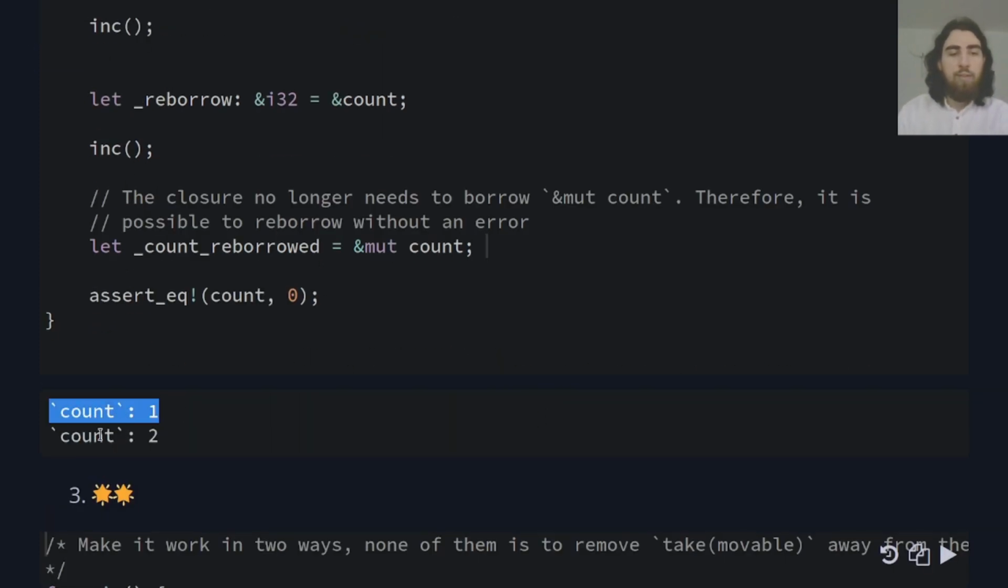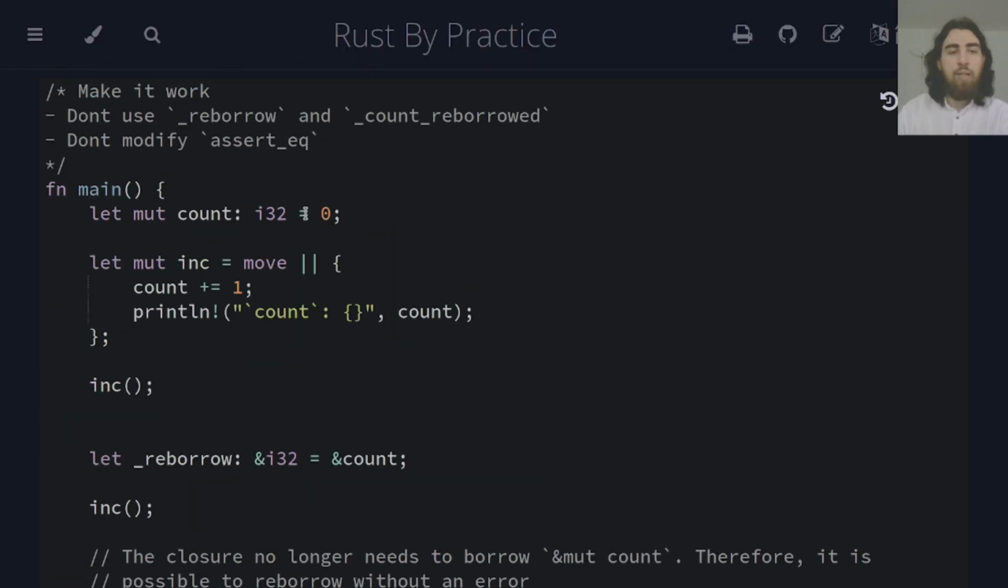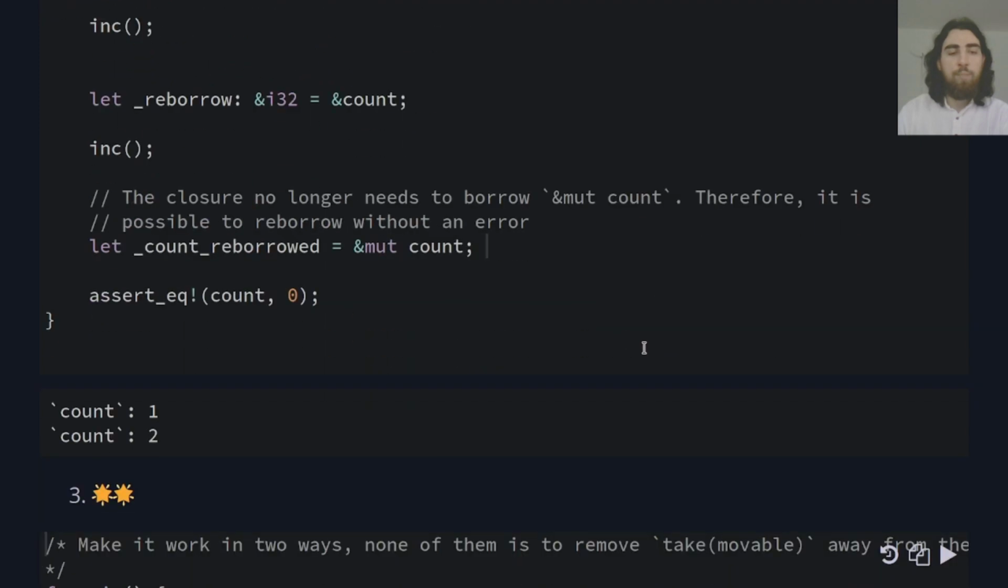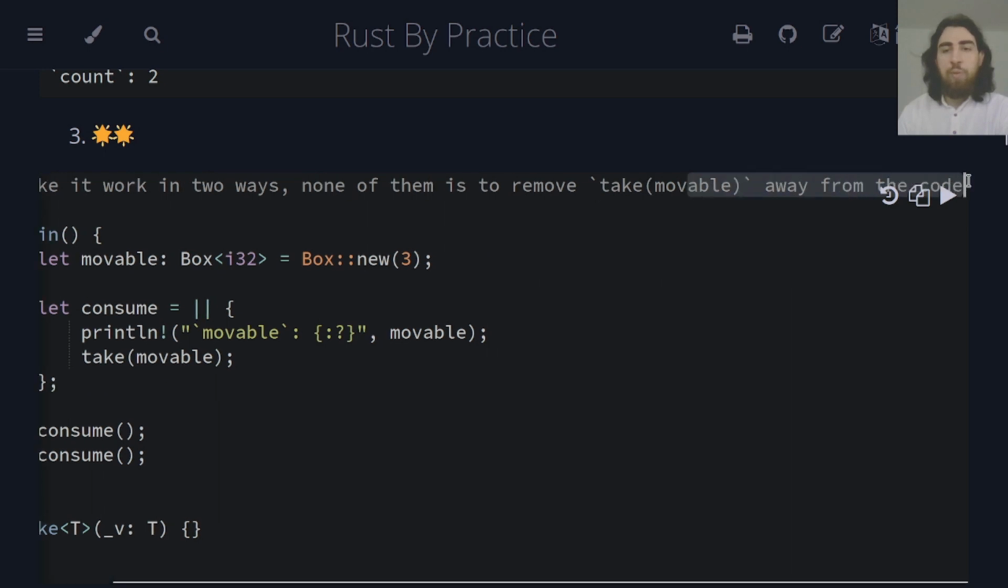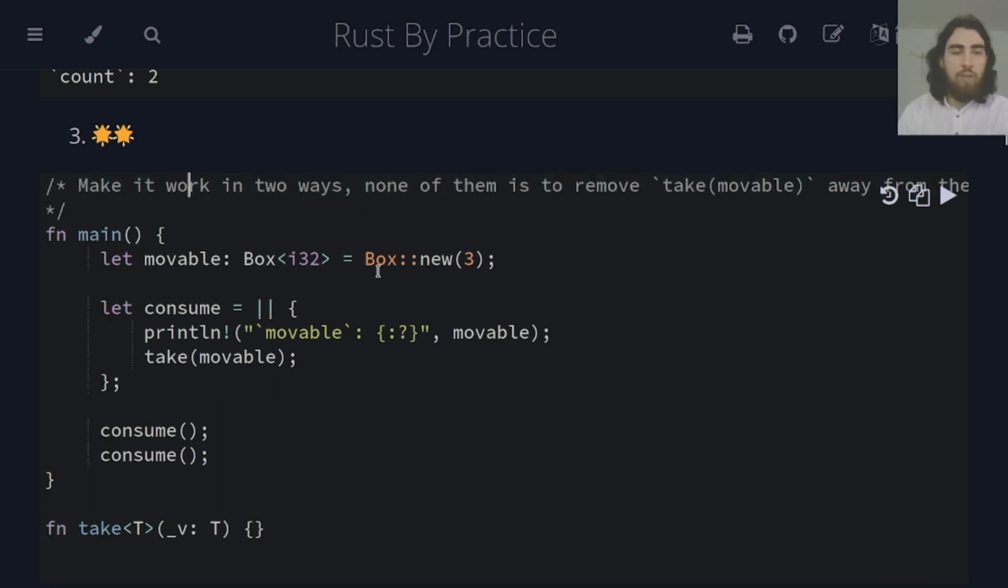And as you can see, this is compiling, and here you can see that count has been modified. So let's see exercise 3, make it work in 2 ways. None of them is to remove take movable away from the code. So as you can see, we have here